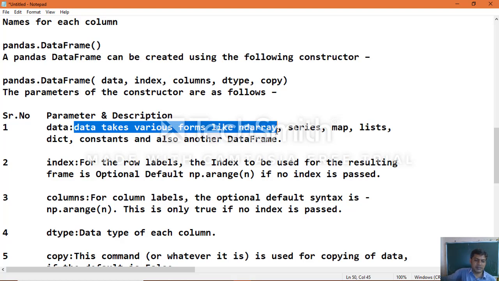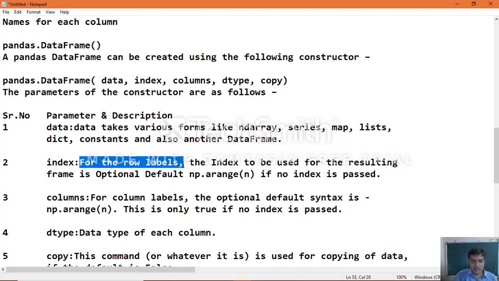The second parameter we have specified is index. What does this index represent? It is for the row labels, the index to be used for the resulting frame, which is optional. The default is np.arange, the numpy function we know.